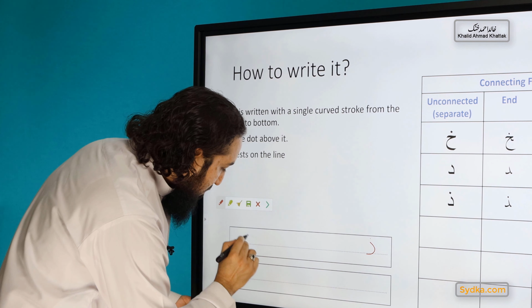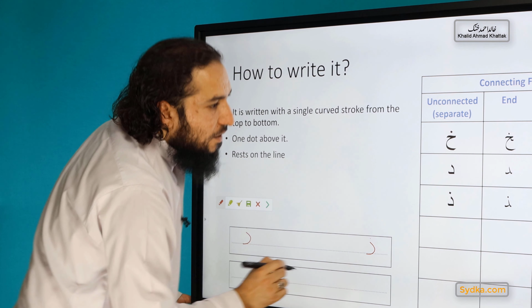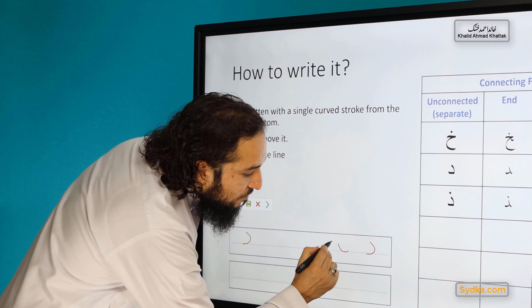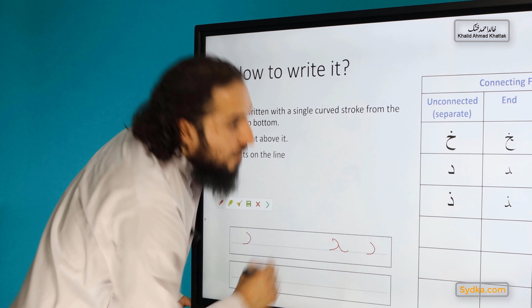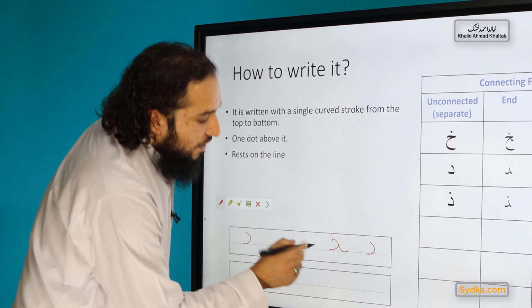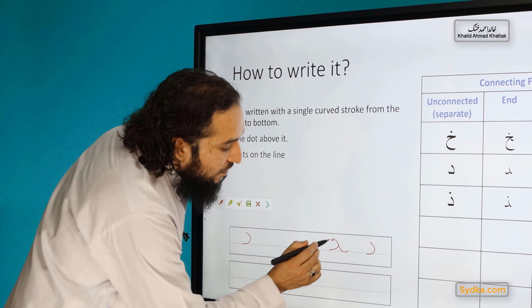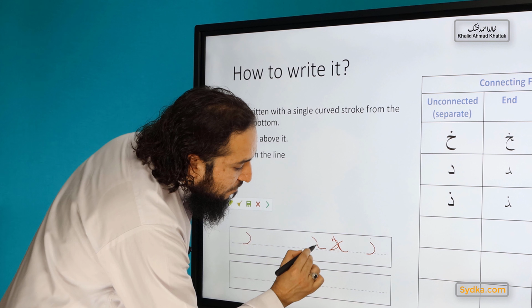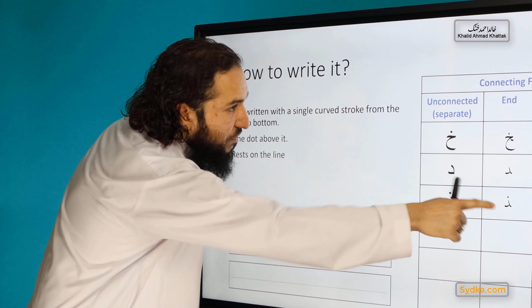Then, okay. If it's written in the middle, okay. If it's written, okay, so this is an extra bit. This should be there. Let me write it down again. And if it's written at the end,